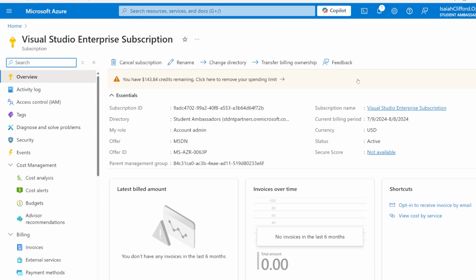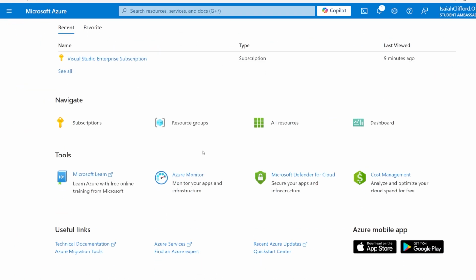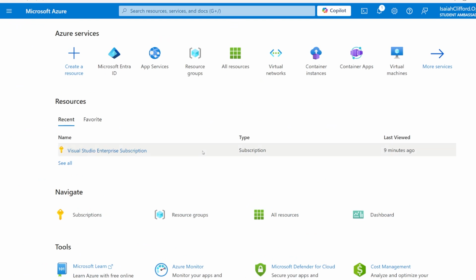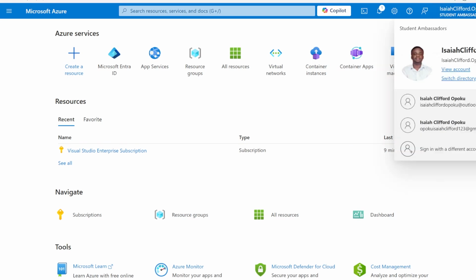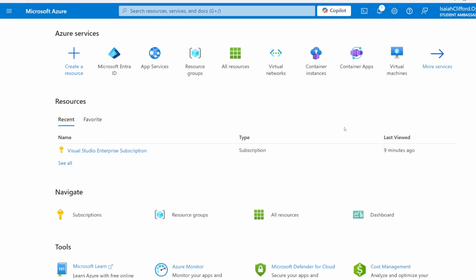So we have this here, and we are going to explore what this portal is all about. You're going to have a beautiful interface like this. This is the Azure portal interface. After creating your account, you see your profile picture and everything here. You see I have a lot of accounts, and right now you see my picture and everything in here. So go through this process and create your account. In the next video, we are going to learn how we can explore this portal and how we can start